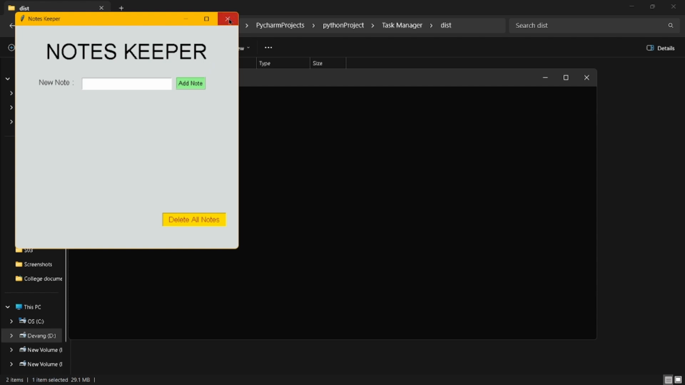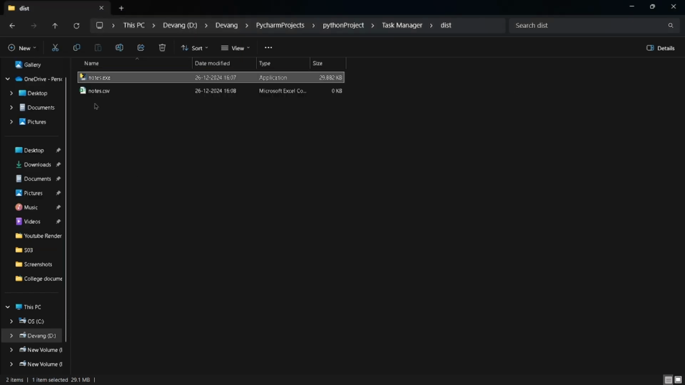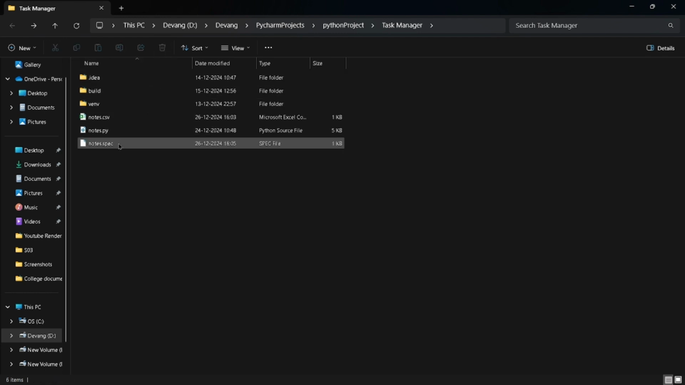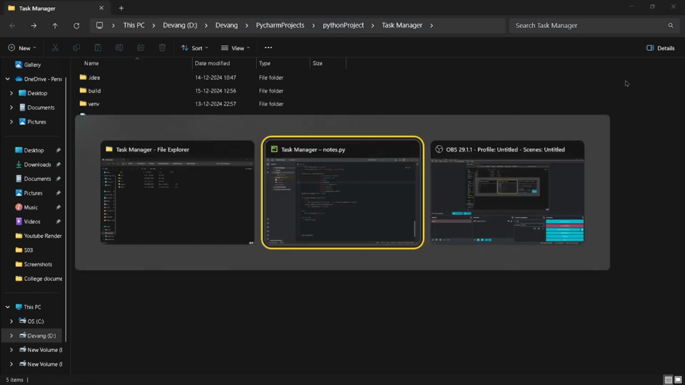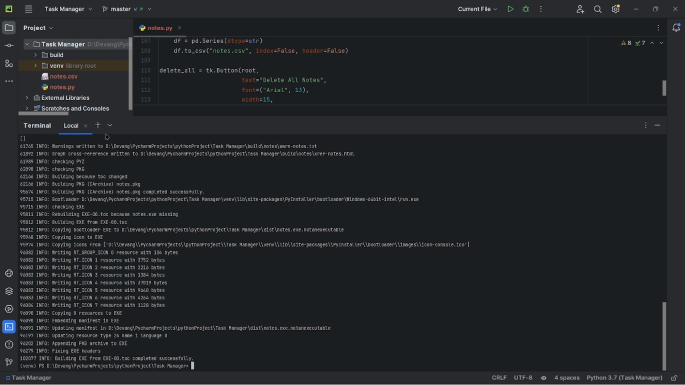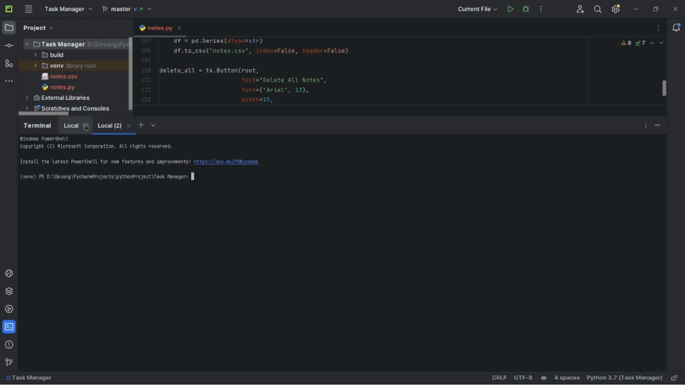Now if you don't want the CMD to open, meaning you don't have any application that prints statements in the CMD, then you can add one extra parameter to our one line PyInstaller command. Let's first delete this and go back to our PyCharm. If you don't want the command prompt to open and you want your application to open directly, you can write this command: